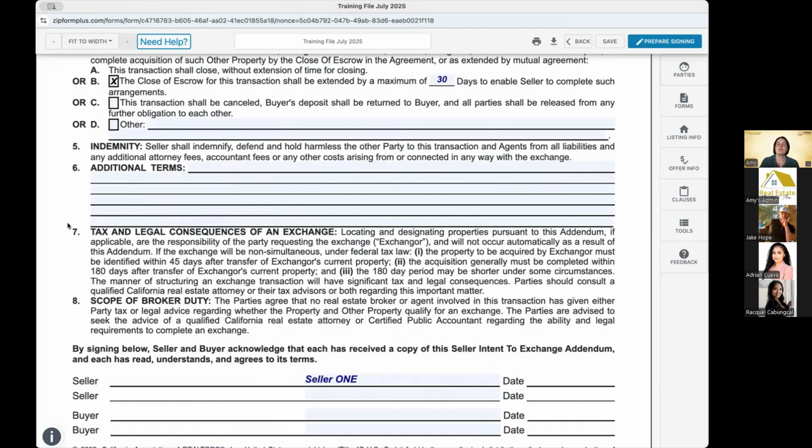That would be the exchangor. In this case, it would be the seller. There's also one of these forms for a buyer, just so you know, and will not occur automatically as a result